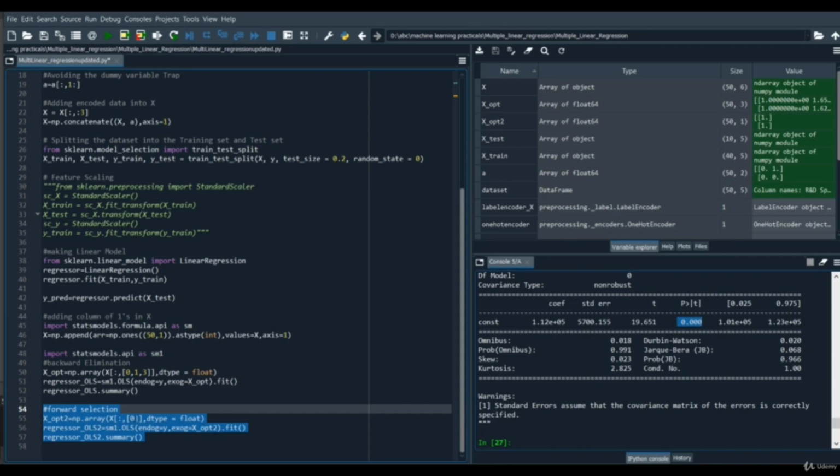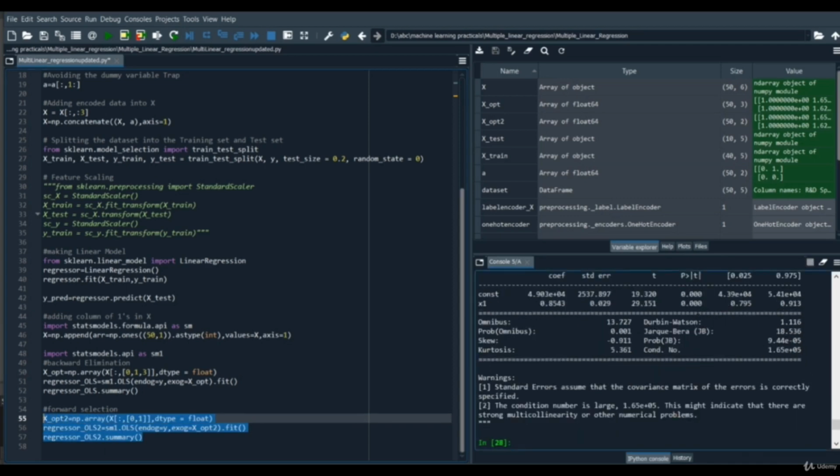So now we are going to add another column, let's say column 1. After accessing its summary, you can see column 1 is also having 0.000, so it's also related to the dependent variable. So let's add another column, column 2. After executing this line of code, we can see it returns 0.289. Comparing it to the threshold value 0.5, it's okay, so we are going to let it stay right now. Now we are going to add another variable, let's say column 3. Now let's execute this line of code.